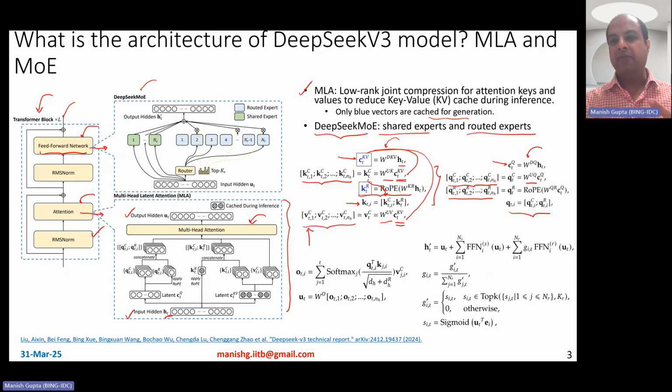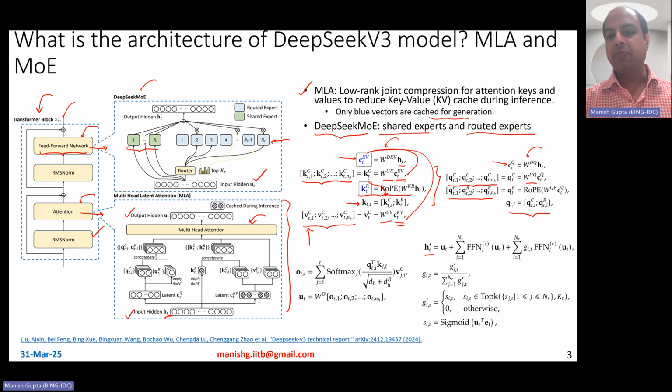So they basically believe in shared experts and routed experts. Now, not all experts are routed experts, unlike typical mixture of experts. So they have shared experts also. There is a whole bunch of these shared experts on the left side that you can see, and then there are also these routed experts that you can see in blue color in this picture on the right side. So the overall output representation is computed as UT, the input that you pass in, plus the output coming from the shared